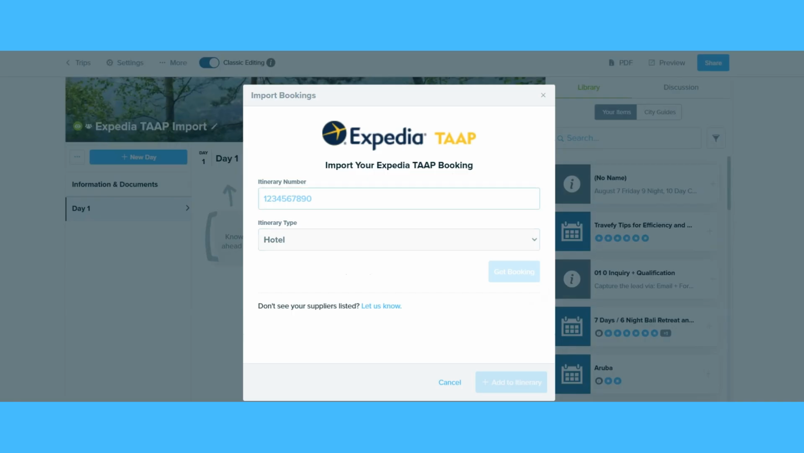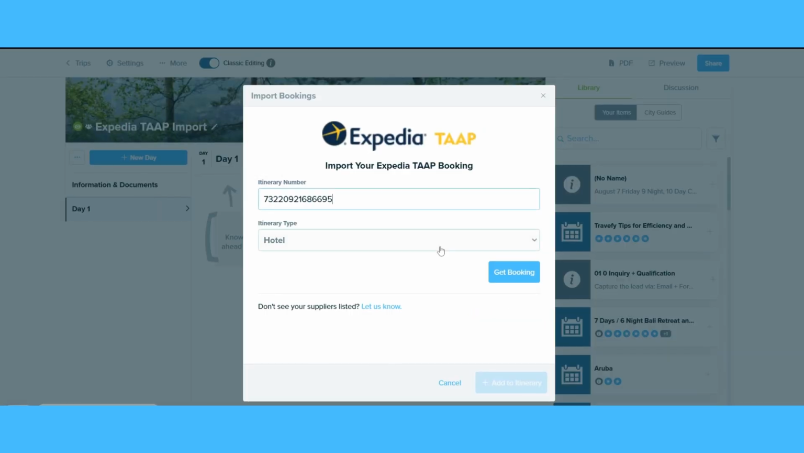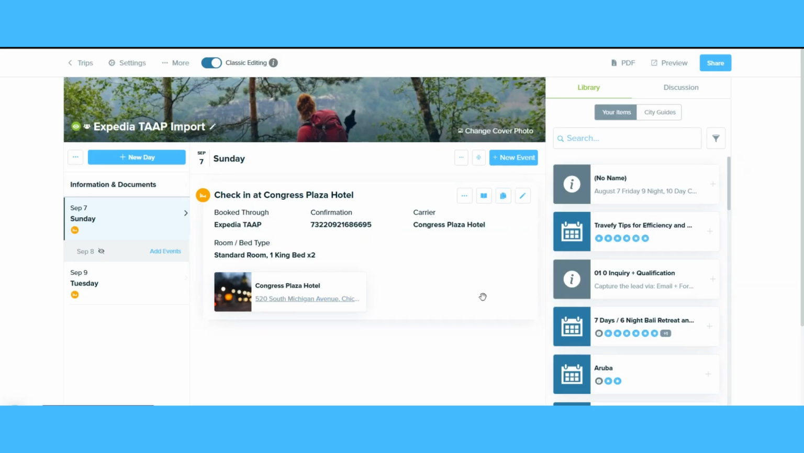and you're going to get the itinerary number. I'll go grab the itinerary number off of TAAP, copy it, paste, get booking. This was a previous booking, so I've got September 7th to the 9th, add to itinerary, and this is what